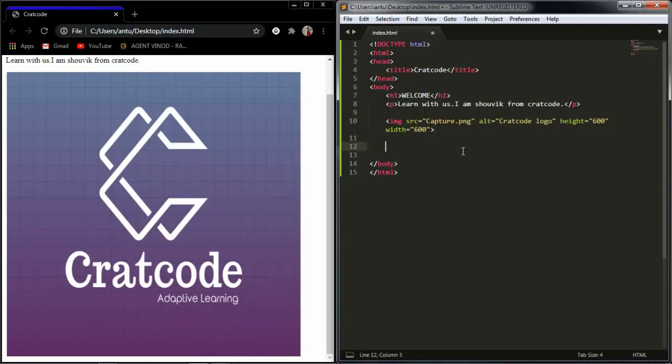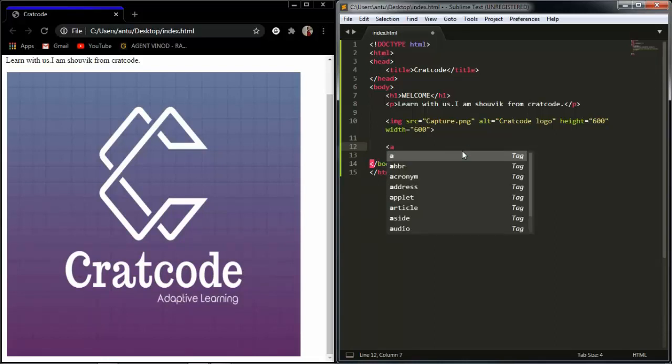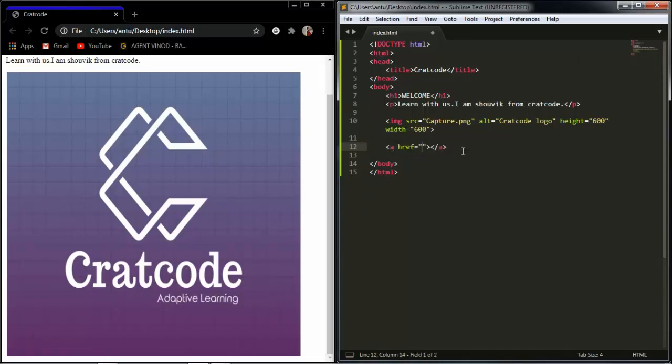Now I want to do one thing. I have created a web page and I want to give some ways to go to my social account. What should I do? Should I just write my profile name there, or I can create a link. To do that, I have to use the A tag. The A tag is for creating links. Href means hyperreference,